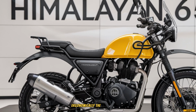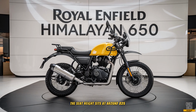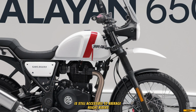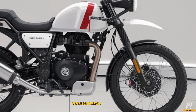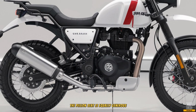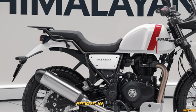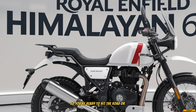Ergonomically, the bike is spot on. The seat height sits at around 825 mm, which, while taller than the old Himalayan, is still accessible to average height riders. The seat itself is broader and more cushioned, offering enhanced comfort over long distances. The pillion seat is equally generous, and Royal Enfield has thoughtfully included a luggage rack as standard equipment. Optional panniers and top boxes are available as accessories, so you're ready to hit the road or leave it behind